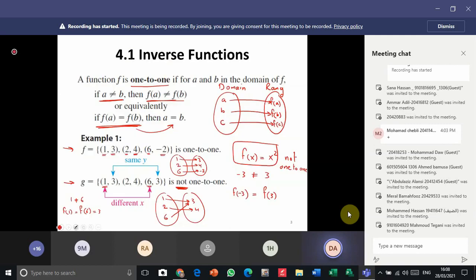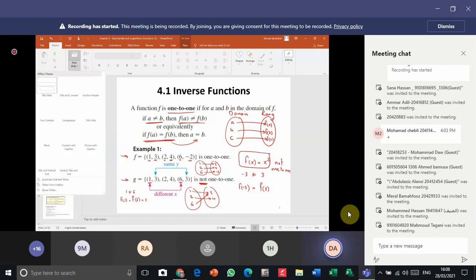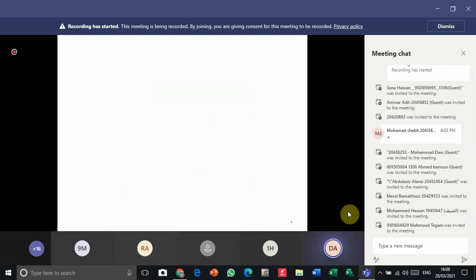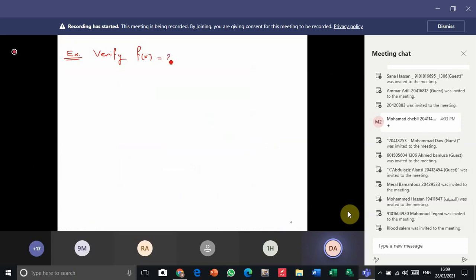For example, about this. Example: verify whether f of x equals 2x minus 3 is one-to-one or not. The solution is,